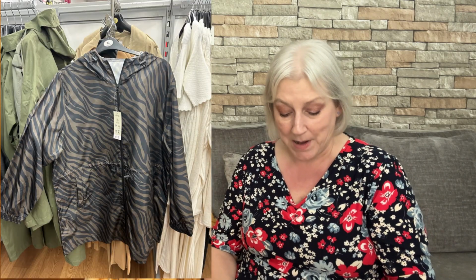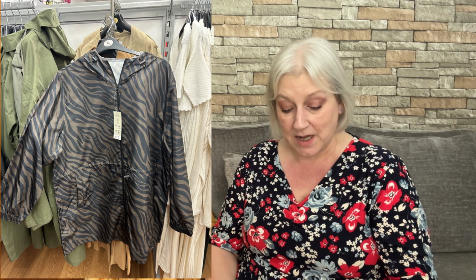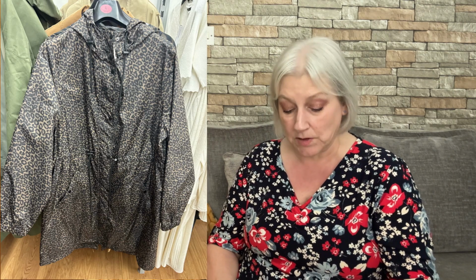In George online, they do have this long line waterproof parka coat, which is £48. So if you wanted a long line one, you could look at that. But in store, they actually had these animal print rain macs, which were foldable and you could pop them in your bag. And I thought they weren't bad for £14 because